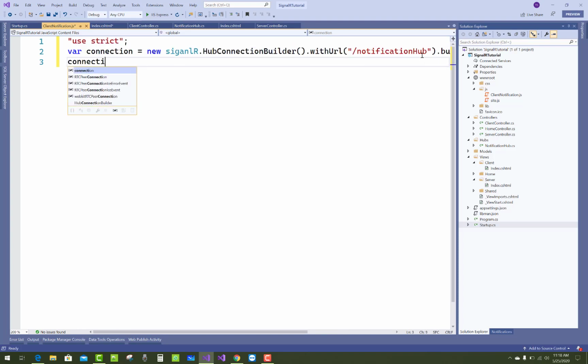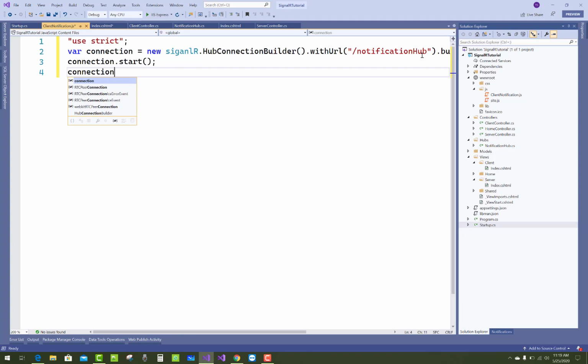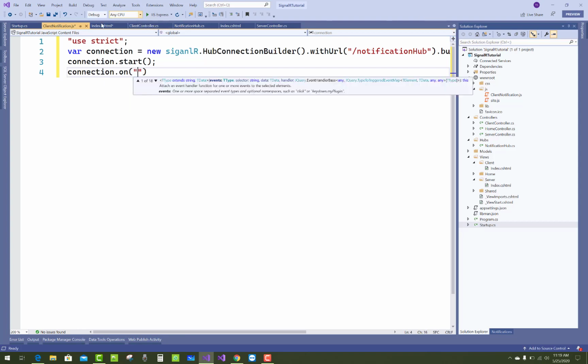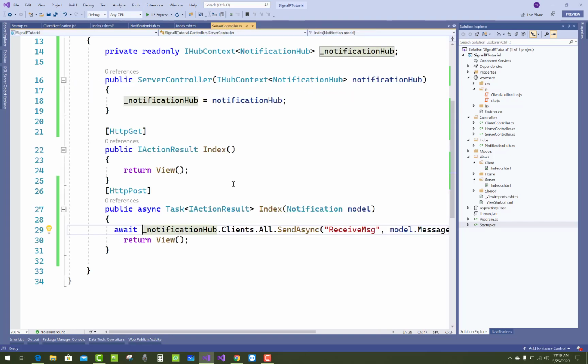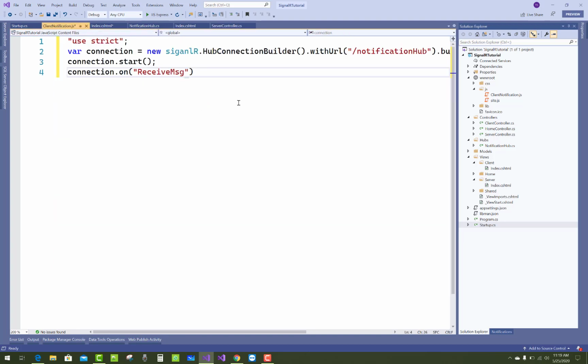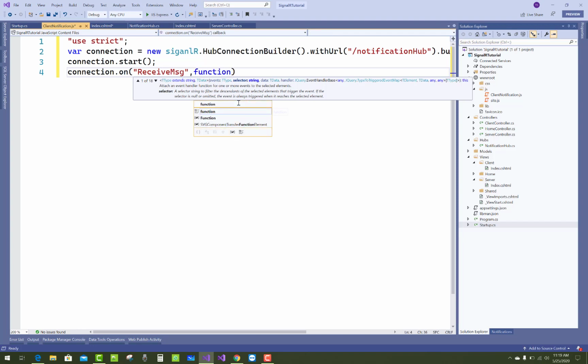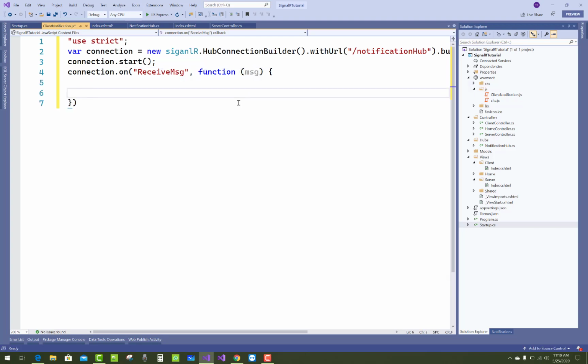Okay, so first of all start the connection by using the connection.start method, and after that you have to receive all these messages which are passed by the server. So you can use that name of the message, ReceiveMSG, connection.on ReceiveMSG function, and the parameter which is passed by the server, that is only one parameter in the form of a string, so msg.